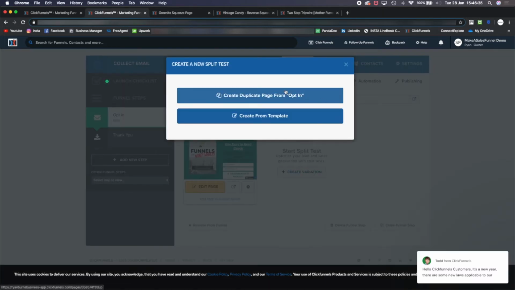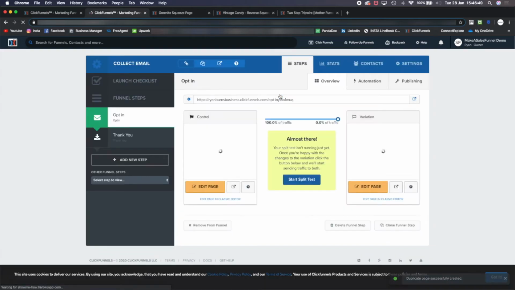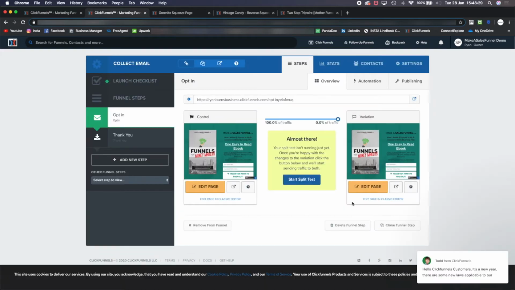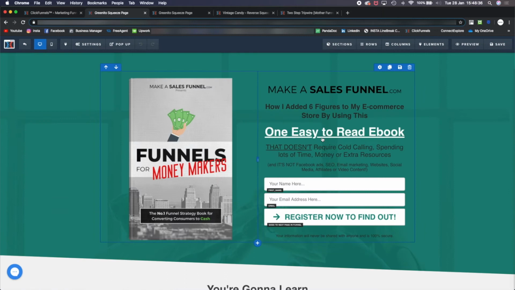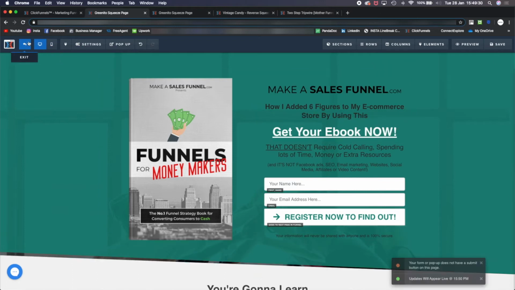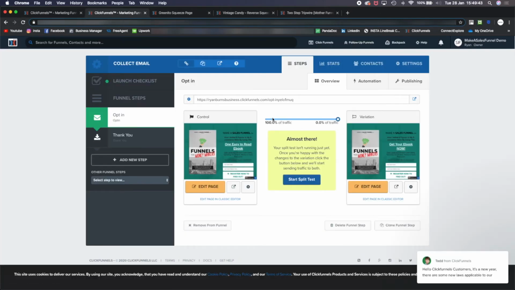So it gives you 2 options. You can start with a template, which is pretty much starting again. What I would recommend doing is copying the template, duplicating it, so you can then switch out anything that you want to. So once we're in here, we would click edit page and we can edit whatever we want, okay? So if I just wanted to change the title, I can. Rather than one easy to read ebook, I can change the hook to, I don't know, get your ebook now. I can save it, head back, and then from here, you can see right now, this left page, our original